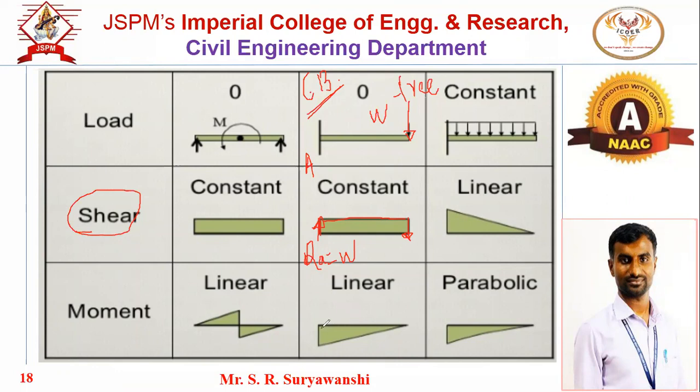And the value of the bending moment at the fixed end: suppose this is the span L and the load W, what will be the bending moment at the fixed end? W into L, correct. Good, Vaibhav. W into L. Now this is the bending moment at fixed end, and the bending moment at free end will be 0. So this is WL, and 0 at free end, joined with an inclined straight line. So that's why this will be a triangle.